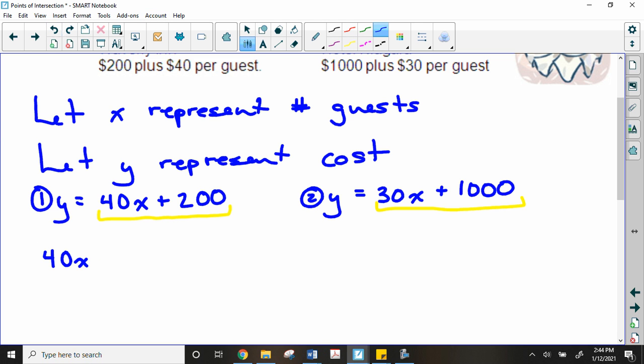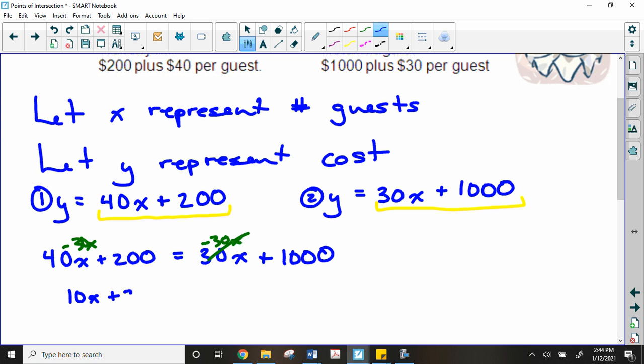40x plus 200 is going to equal, we want to find out when that equals the exact same amount as the 30x plus 1,000. So let's get our x's onto one side. I'm going to subtract 30x from this side, subtract 30x from that side. 40 minus 30, that's a 10. And then there is a plus 200 equals 1,000 left over here. Let's subtract 200, but if I do it to one side, I have to do it to the other. I'm left with